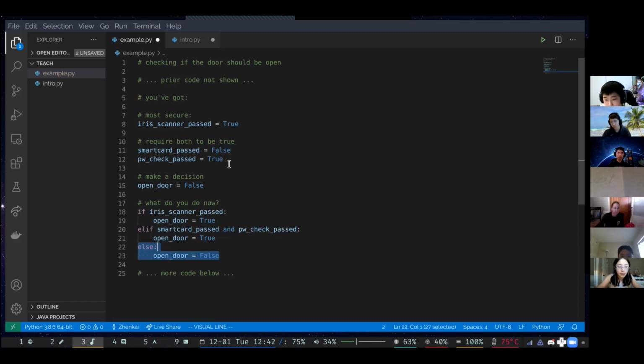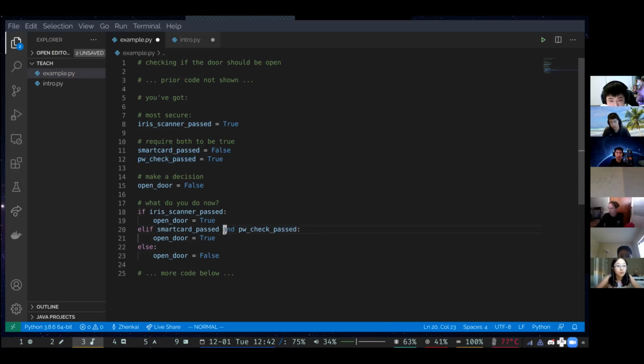The else clause is kind of redundant because it's already false, but I'm just putting it here so that it makes sense. And you now see that instead of having only one Boolean variable in the condition of the if statement, we now have an expression, a Boolean expression.